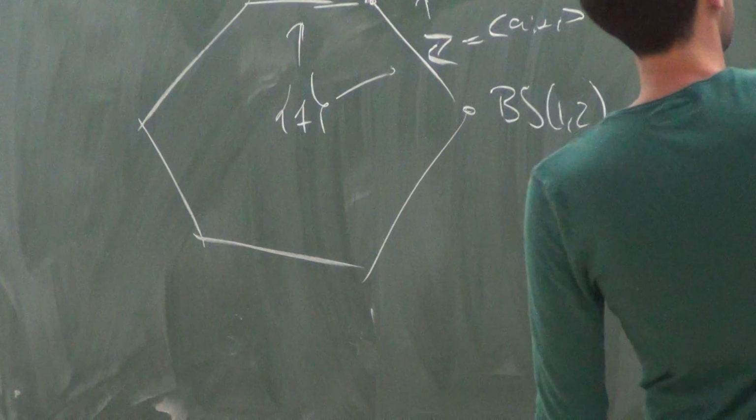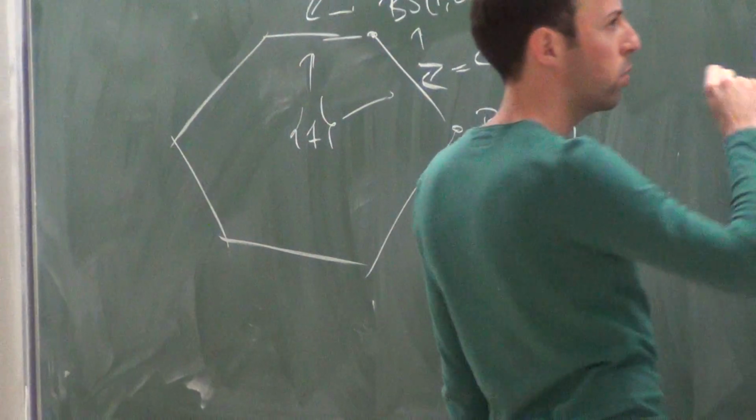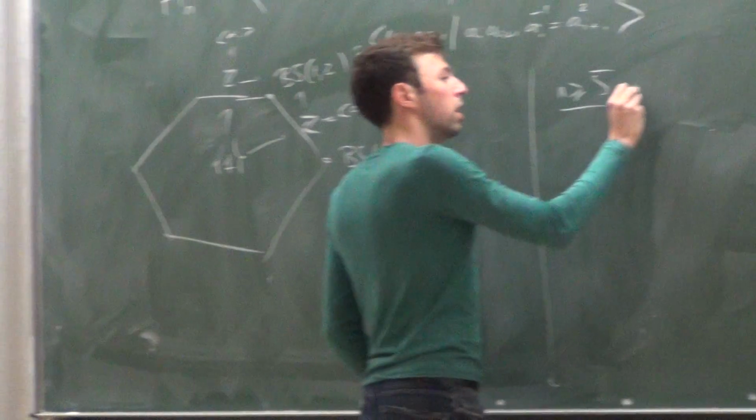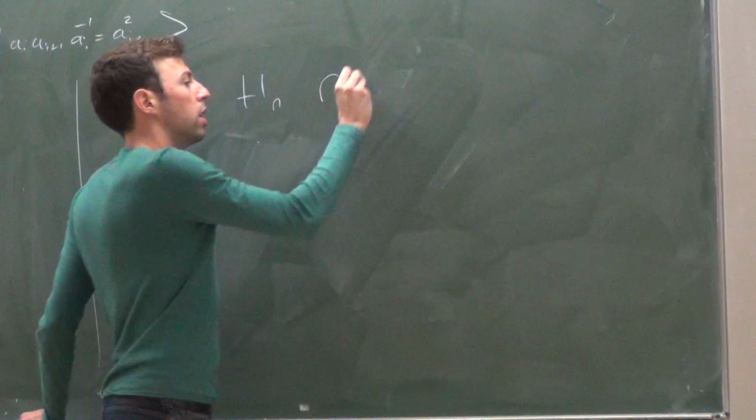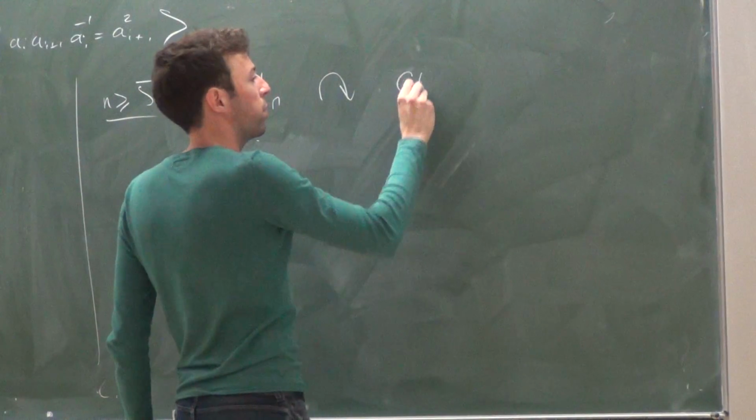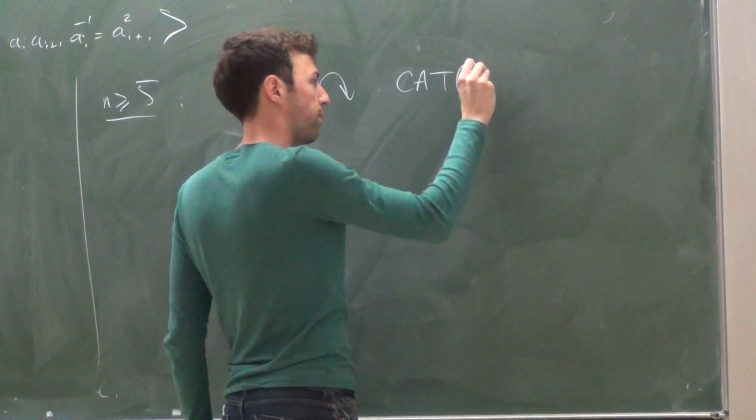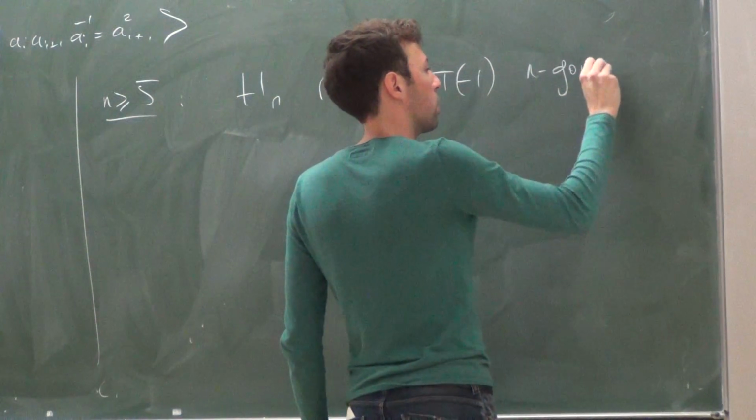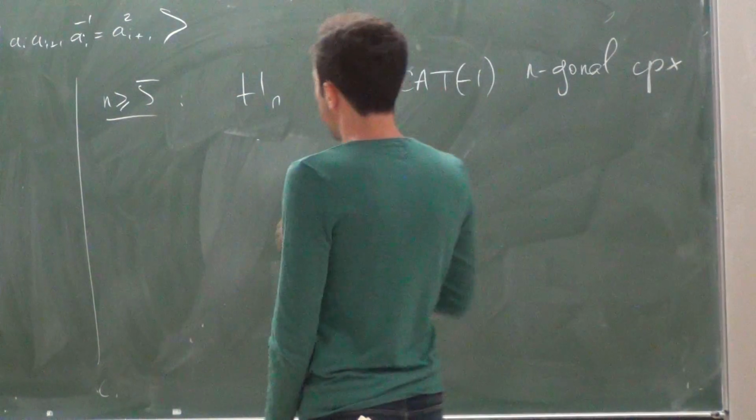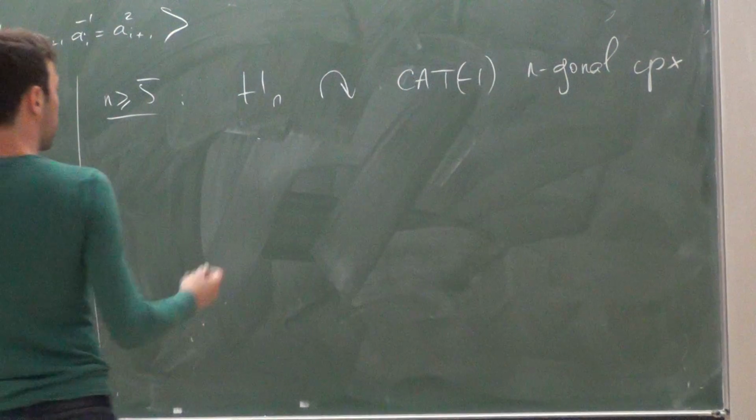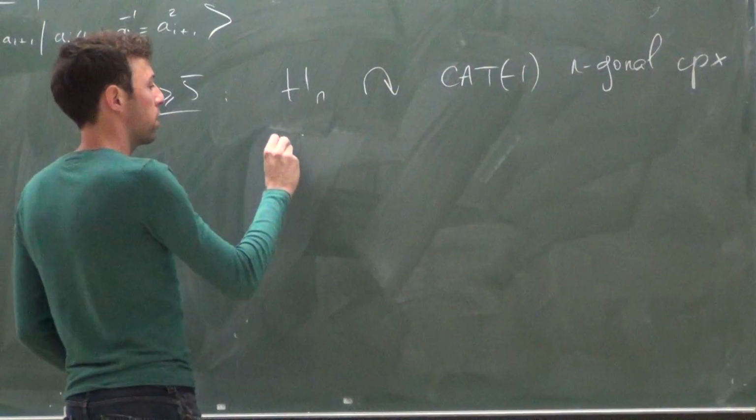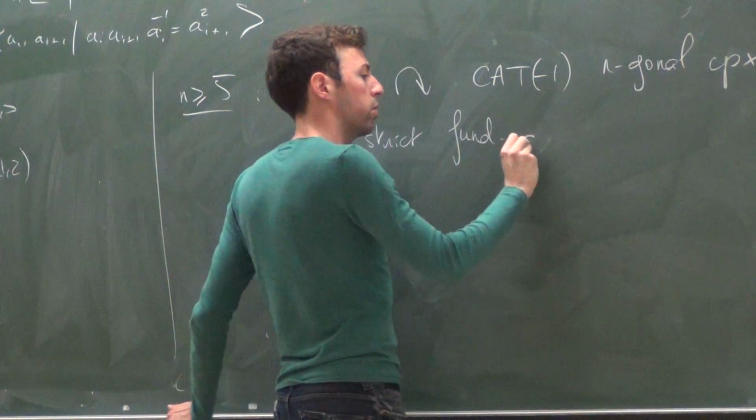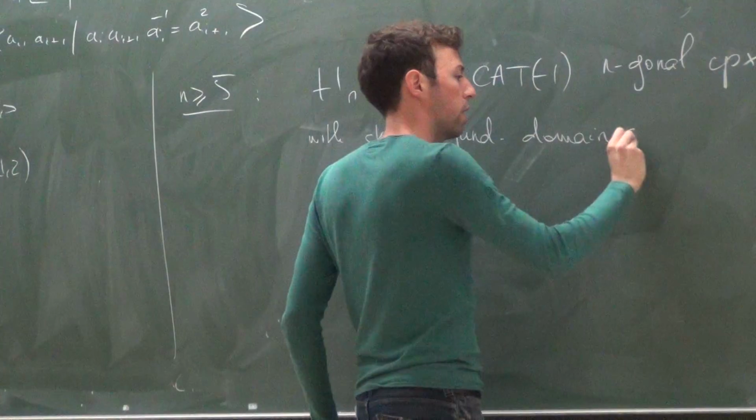What it means is that this Higman group for n equals at least 4, and here I'm going to focus on n at least 5, Hn acts on a CAT(0), actually CAT(-1), n-gonal complex, with strict fundamental domain a polygon,